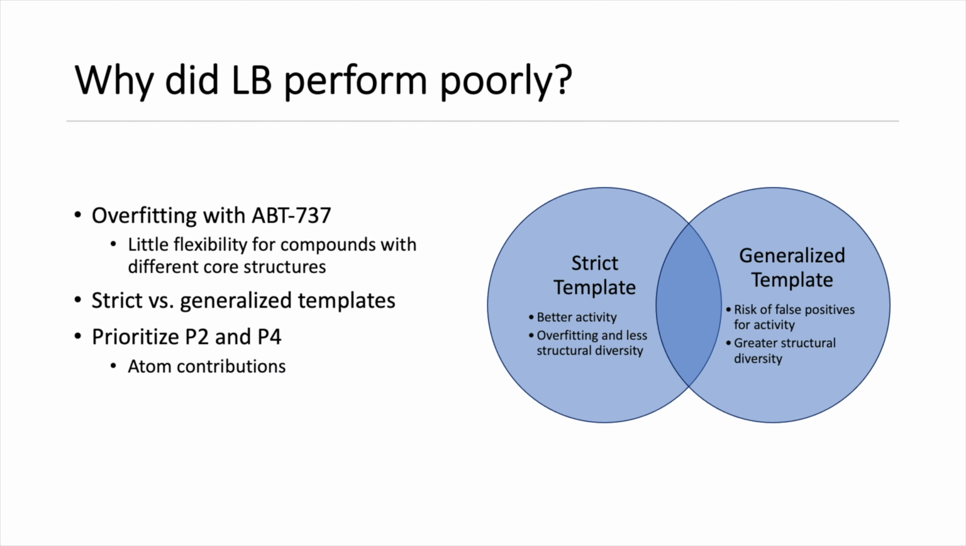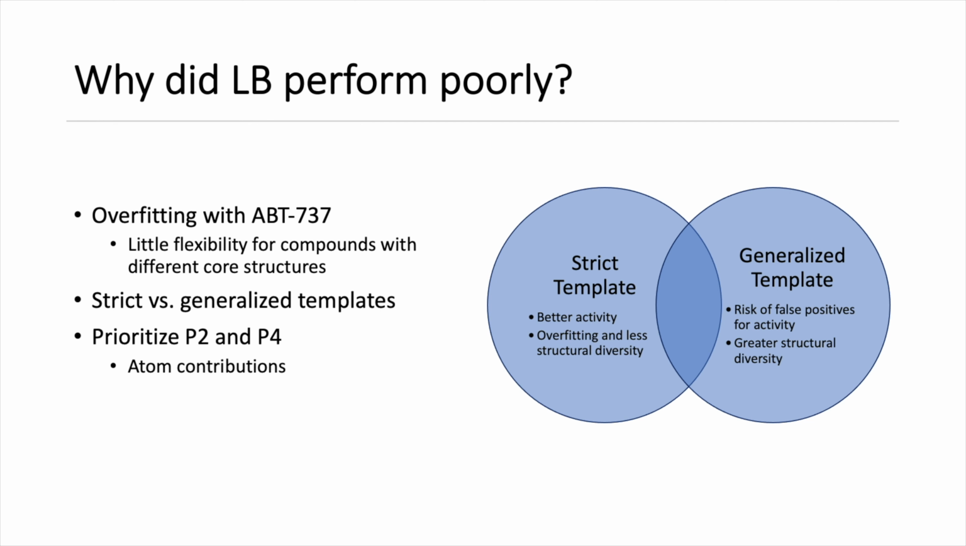Overall, these issues may be explained by template overfitting. Since a single compound, ABT737, was used as the template, the criterion for similarity when superimposing was simply too strict, providing little flexibility for compounds with different scaffolds. This is a clear example of why it is necessary to strike a balance between a strict and a fuzzy